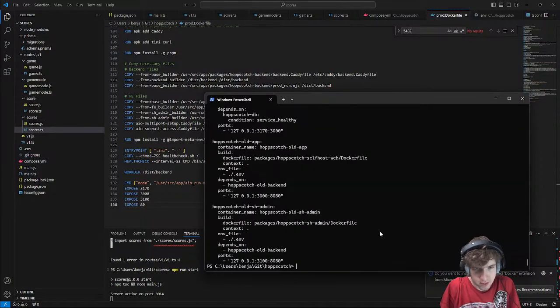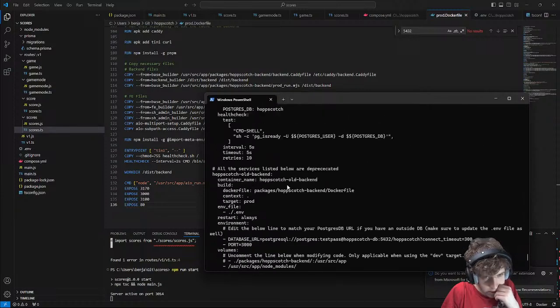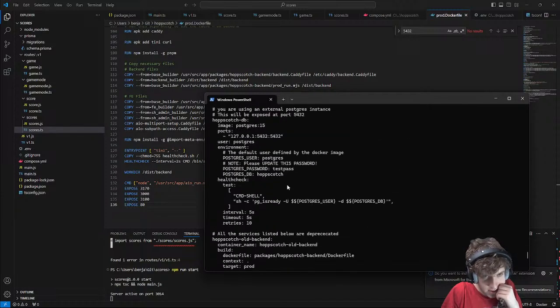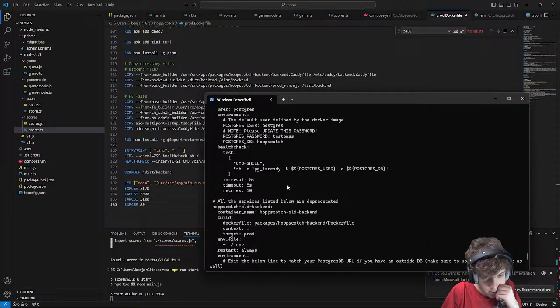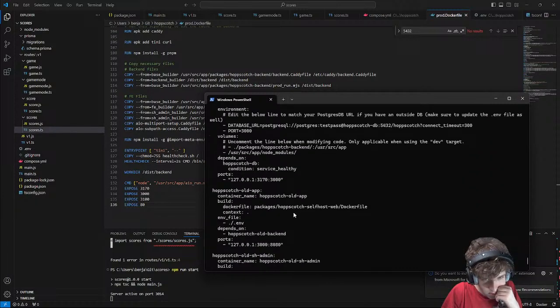Cat compose. They really do not set this up very well. Okay, so they have Dockerfiles for all the different parts.